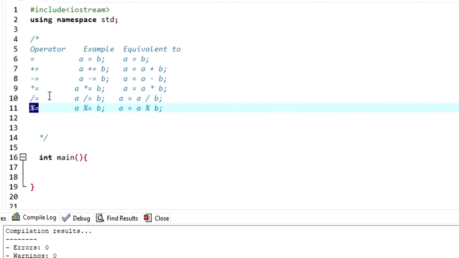In case you don't know how to use them, this is an example. You can assign the value from one variable to another variable, or you can just assign a value to the variable. In case you want to add using an assignment operator, this is the way. So what does this mean? It simply means A is equal to A plus B. The same applies here: A minus equals B simply means A is equal to A minus B.